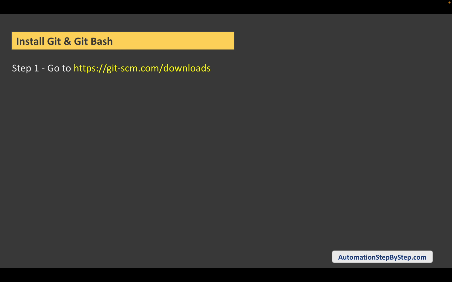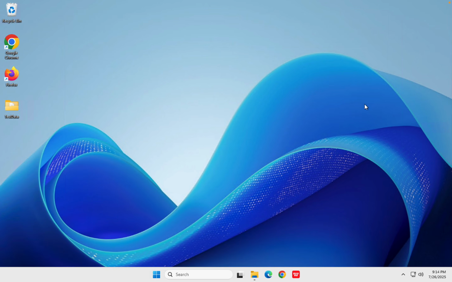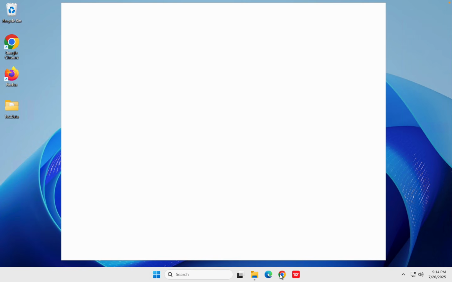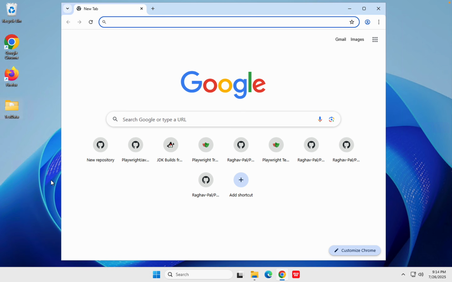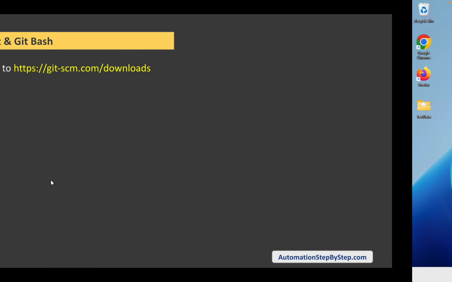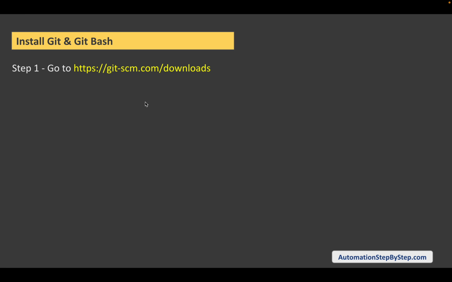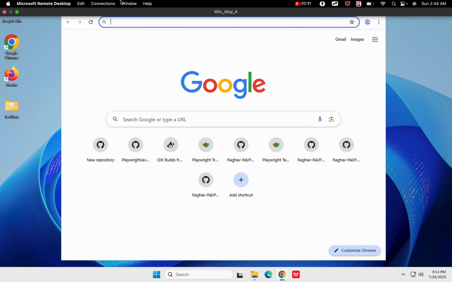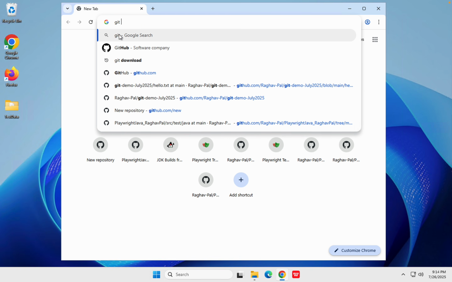Okay, so for this we will have to go to the Git downloads. So step number one is go to git-scm.com, which is the official page for Git. So let me go to my browser. Now see, here I am on Windows, and the steps are going to remain the same. You just have to first download Git, and then the rest of the commands are going to remain the same. So if you just search for Git